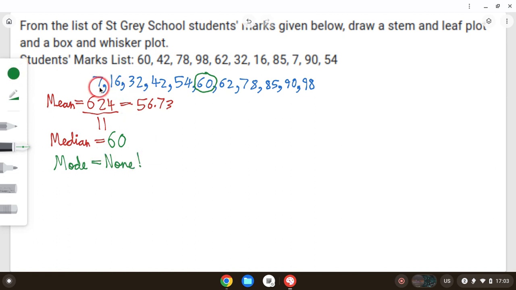Now the next thing that we're going to do is find out the range. Now the range is the key important thing, because